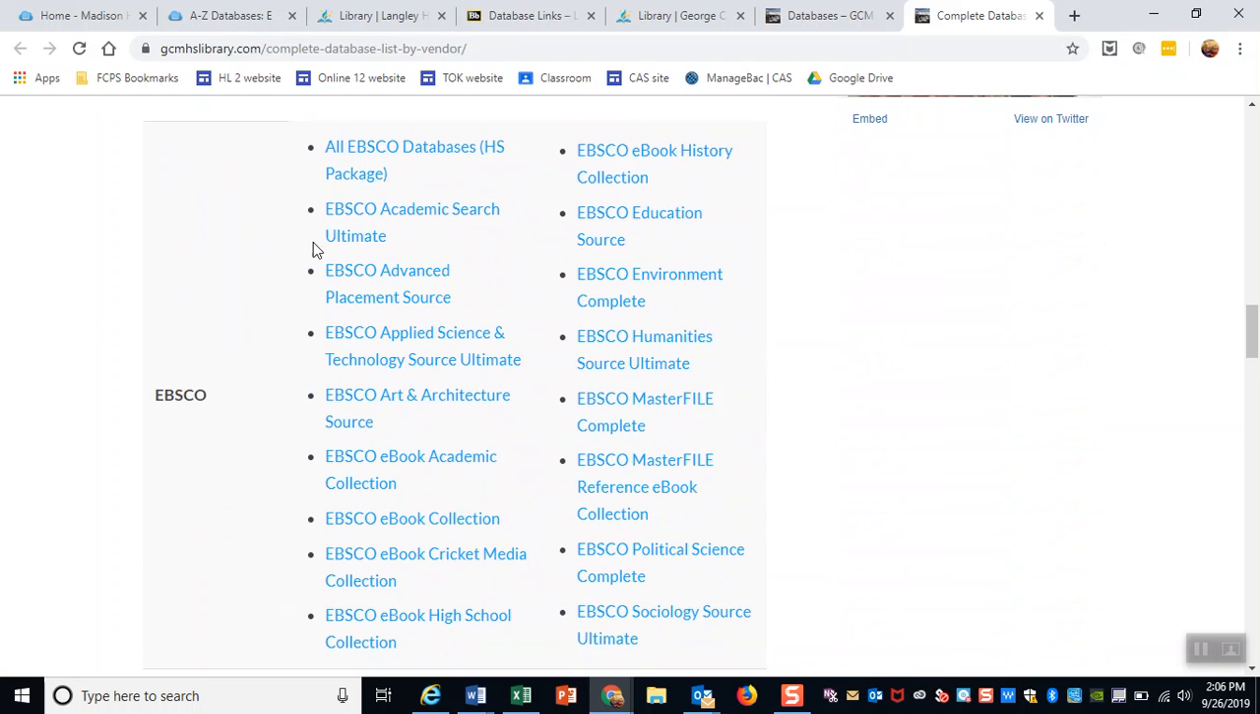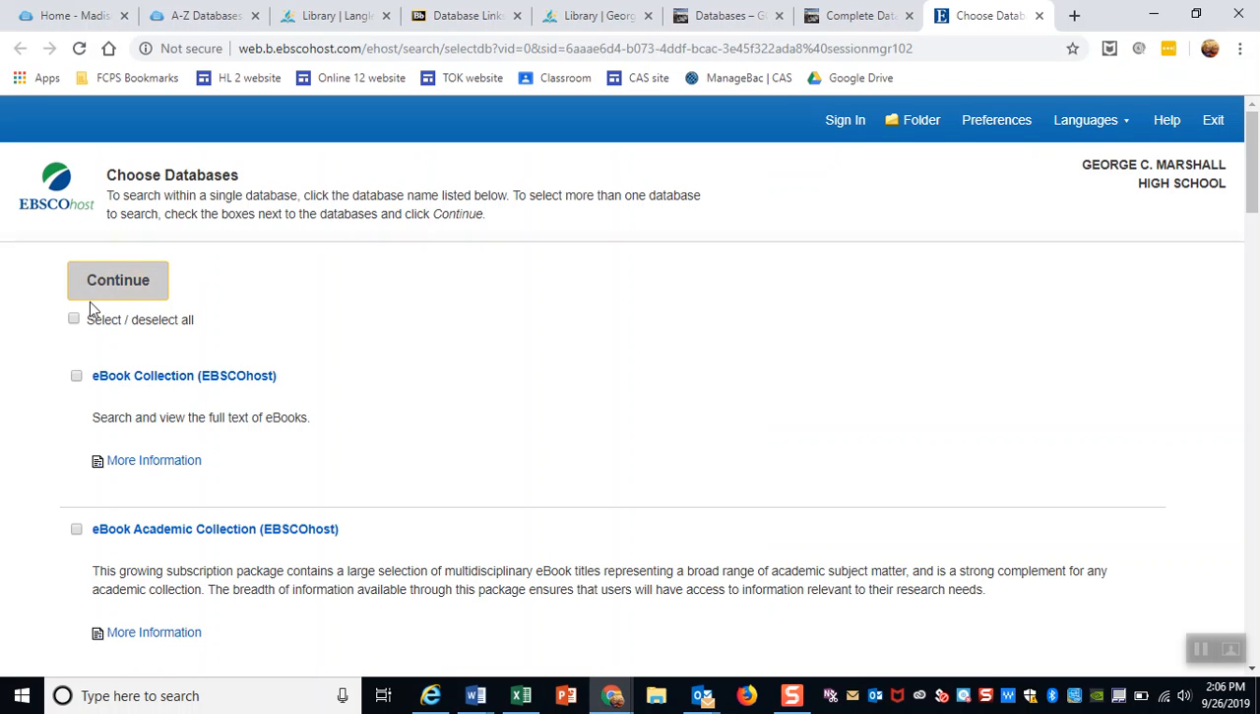And I'm going to ask you to use Academic Search Ultimate. You can also search every single one of these, and this is a Fairfax County site license, so you're able to use this from any of your schools. And then the other two that are really valuable are Advanced Placement Source and the eBook Academic Collection. And so if you click on all EBSCO databases and say you're interested in something like